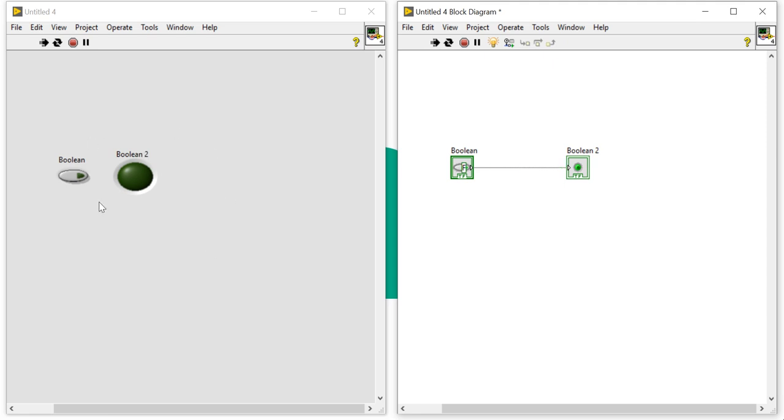Now you can see here, this Boolean is associated with two concepts, true and false. This Boolean can generate only true or false. At a single time it can generate either false or true. It's generating false, and this LED is getting that false. That's why the LED is switched off right now. When I press it, the command will change, and now the next command is true. Now it's generating true. That's why the LED is glowing.